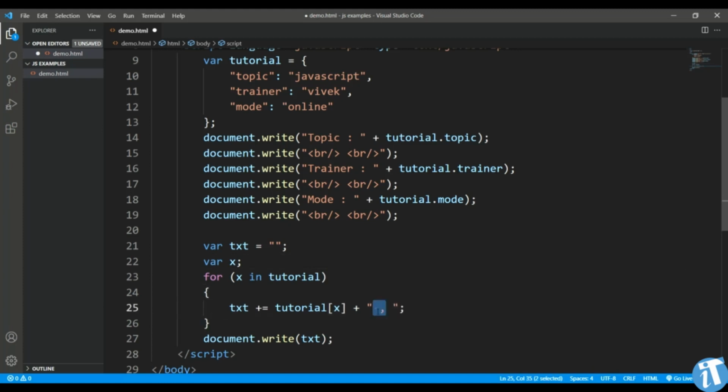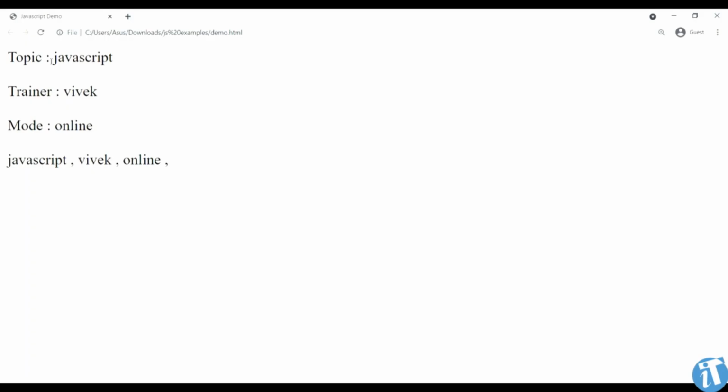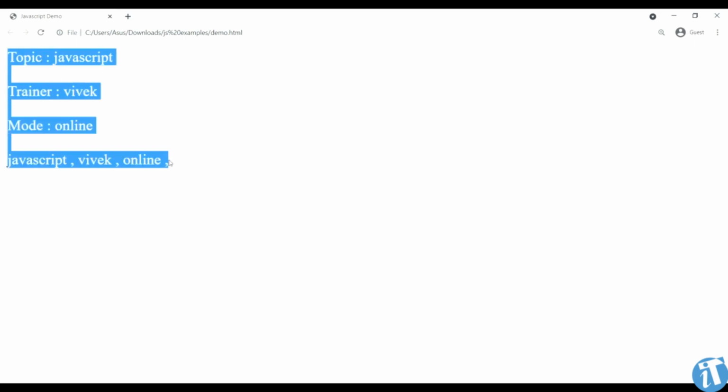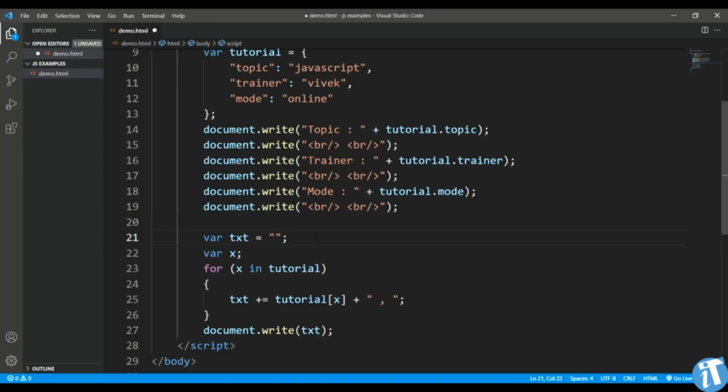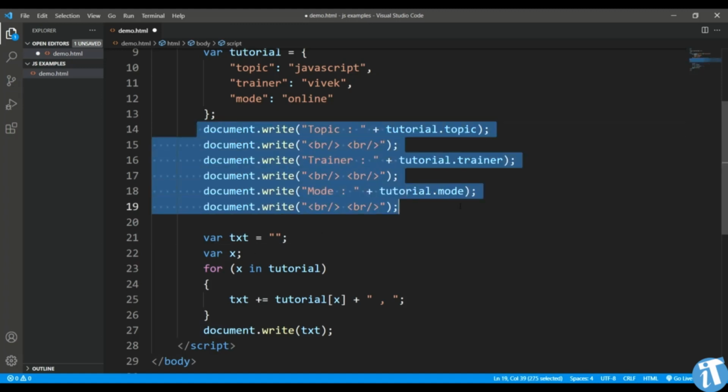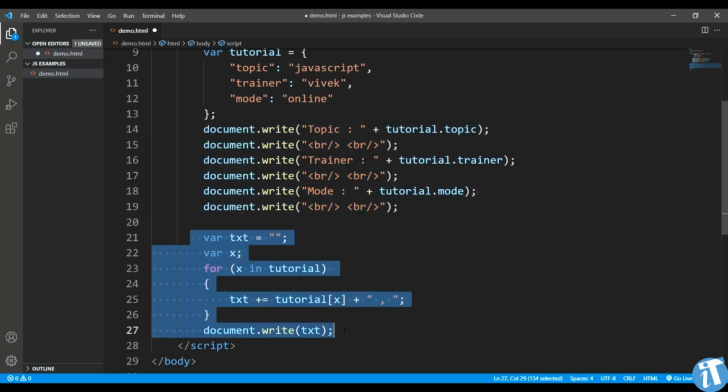So if I refresh this page, you can see JavaScript, that is the first property value, the second property value, and then online, the third property value. So it's all up to you how you want to read this specific object, either property-wise like this, or you can do all the reading and store all the values inside this